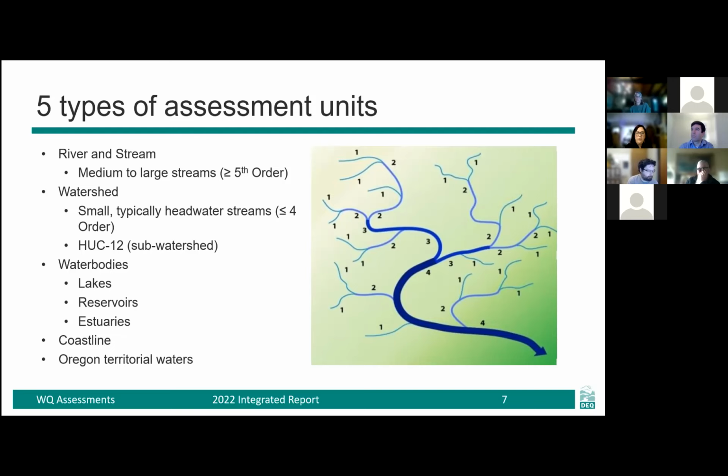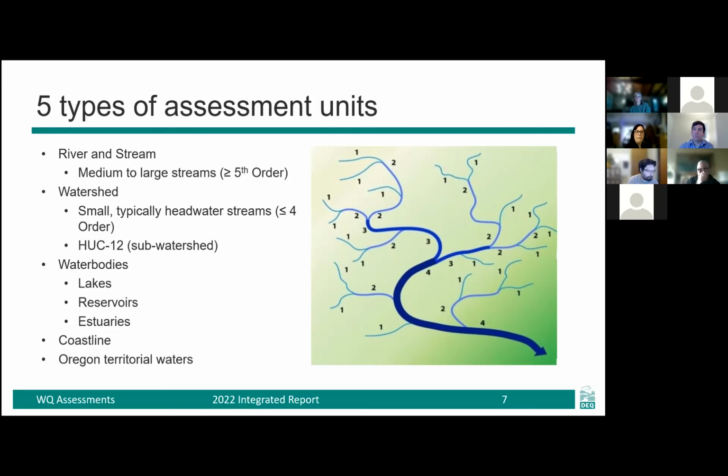We also have water body assessment units, which are lakes, reservoirs, and estuaries. Typically, those are defined as individual lakes, individual reservoirs, and estuaries are divided at changes in the bacterial indicator.